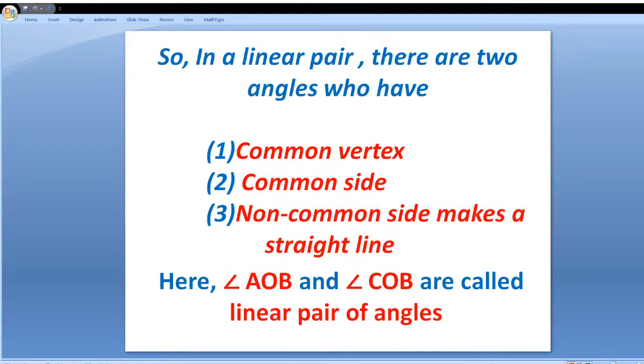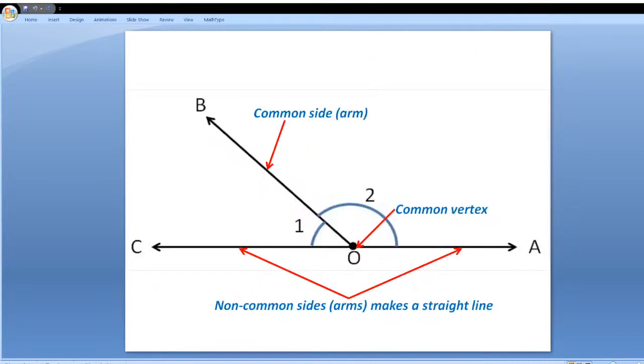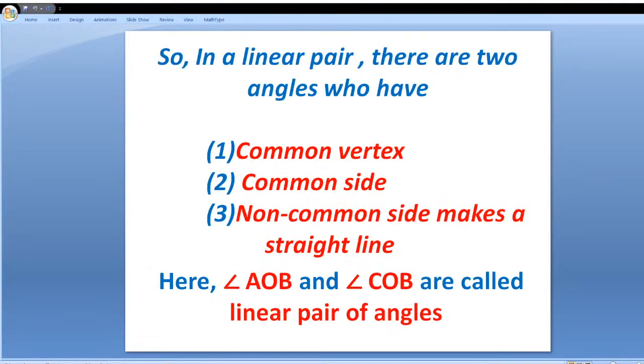So in a linear pair there are two angles which have a common vertex, a common side, and non-common sides that make a straight line. So here AOB and angle COB are called linear pair of angles. Again, AOB and COB, so you can easily understand. Angle number 1 COB, angle number 2 AOB. Okay, now